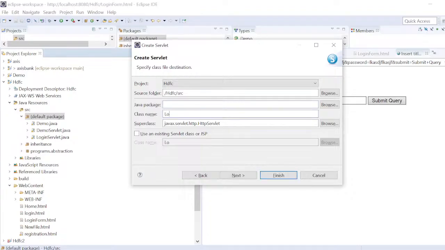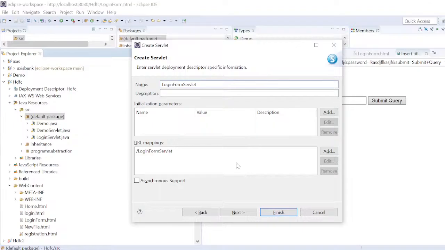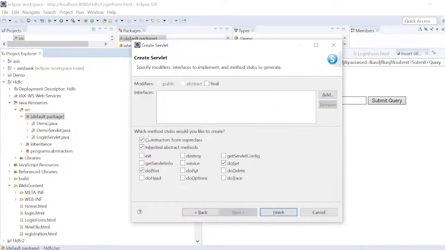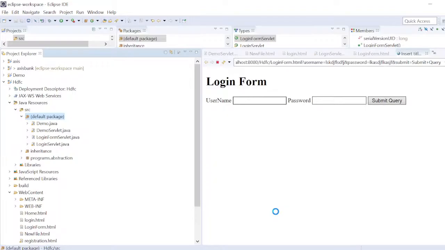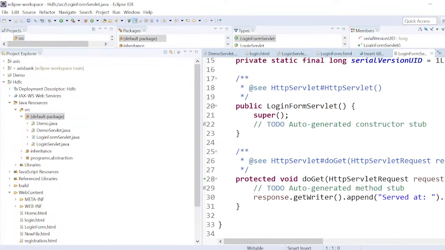Class name I would like to give LoginFormServlet. Go to the next, and this is the servlet name, and go to the next, and this is the URL mapping. Here I want only the doGet method, no need for the doPost method, and then simply click on finish. So one class will be created,